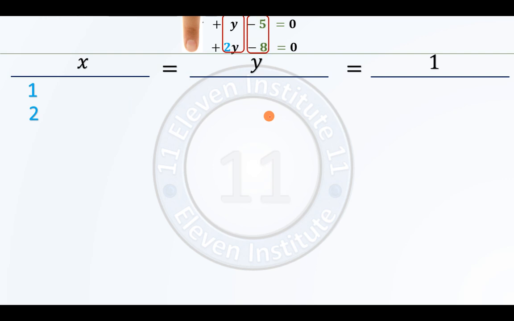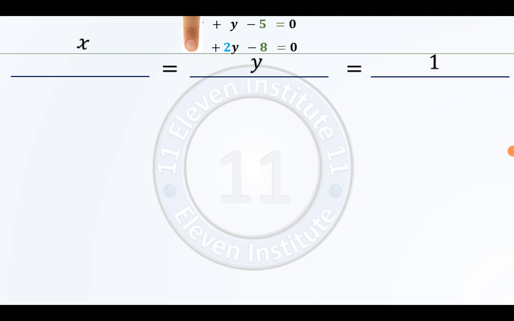I will repeat everything once again. You are having 3 players: x, y, and the constant. The first player that you select is x. So we place a finger on x. You can see on the screen we have placed a finger on x. When you place a finger on x, you have to write something below this x which is dancing over here. What will you write? What is remaining on the screen? The coefficients of y and the coefficients of the constant. Only coefficients. You do not have to write any variable.